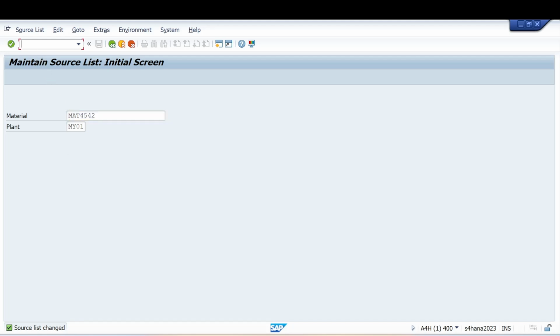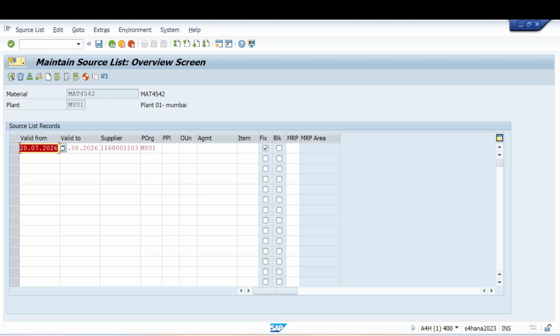Now if I again want to check that, I can simply check that in ME01 again. If I want to make some changes also, I just need to use that same T code ME01. So if I want to make changes in the validity period, or I want to block another supplier for that same material, I can do that, right?